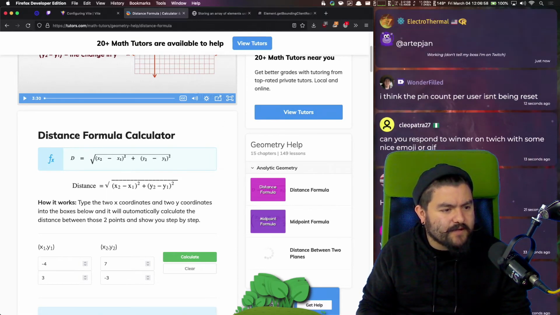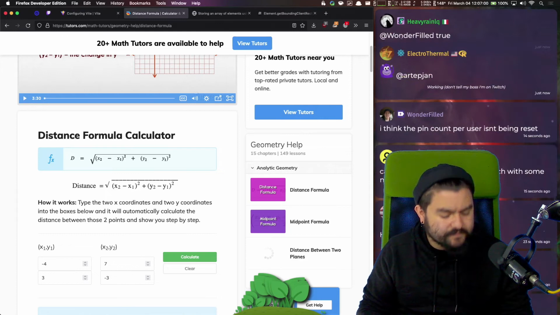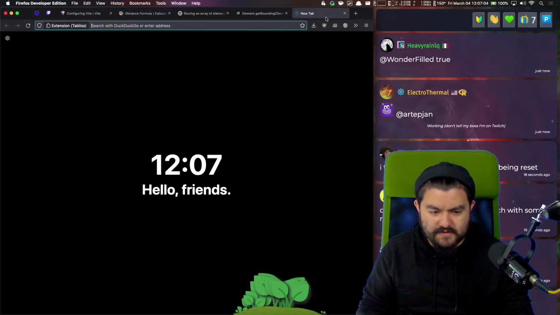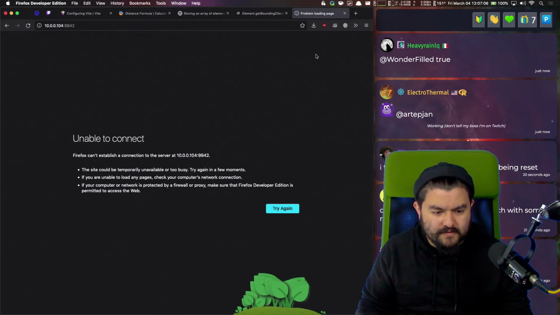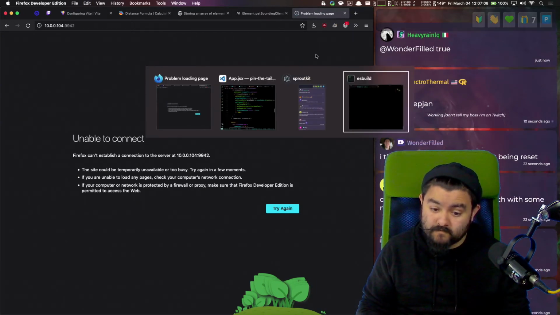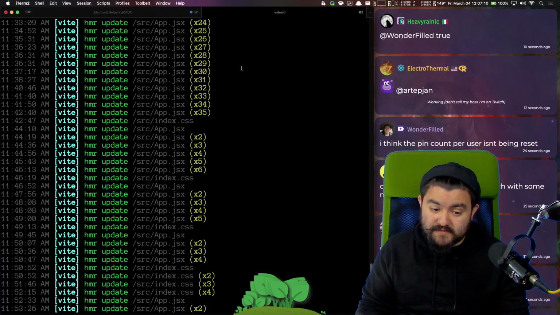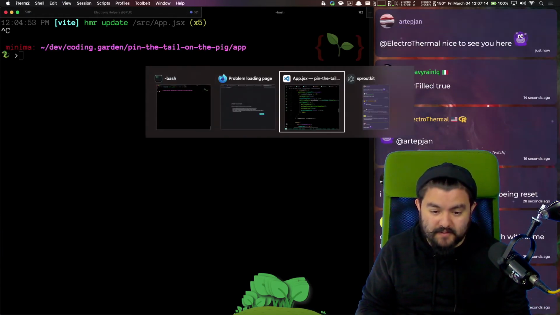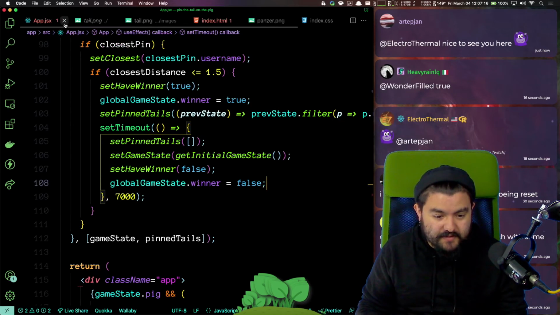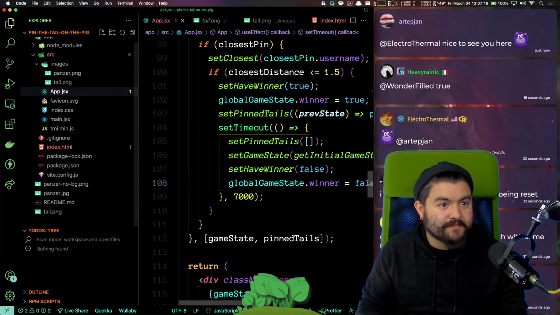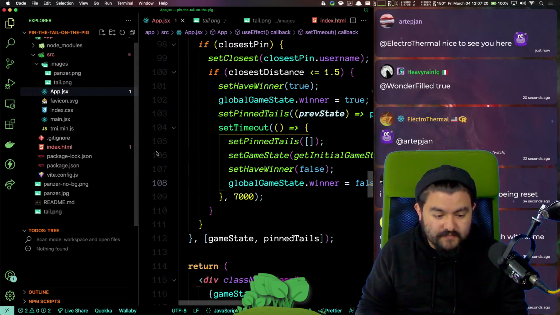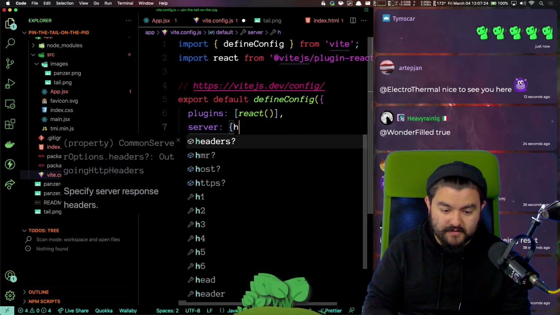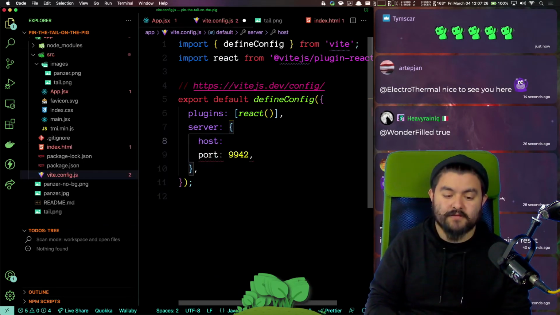Why isn't it loading? I should have this. Because Vite is not listening on my local IP address. That's unfortunate. All right, give me a second. Vite config server port host.